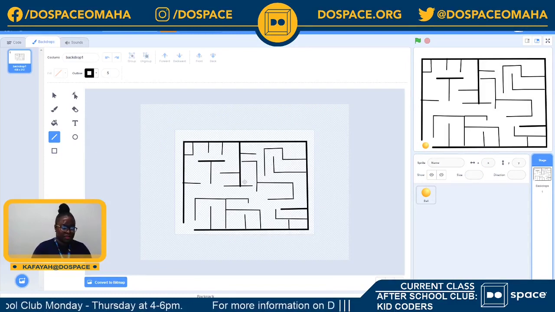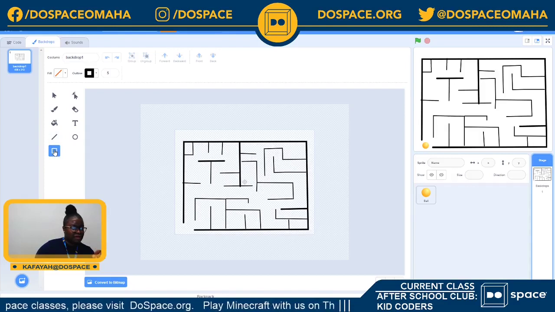And now it's a good point to mark the ending point of my maze, right? So this is where you enter, this is the start, and I want my finish point to be somewhere here. So either here or here. I think inside here would be perfect. So to do that, I'm going to go in here and select my square tool. That's what it looks like. And I would go in here and draw a good enough rectangle or square, just something to fit into the